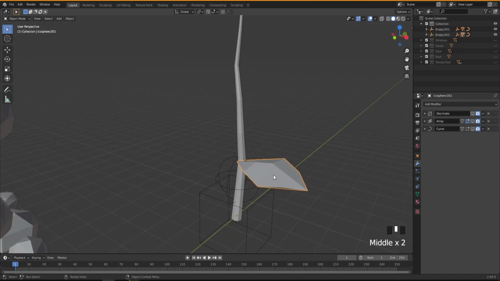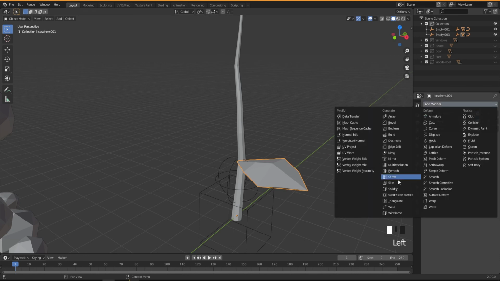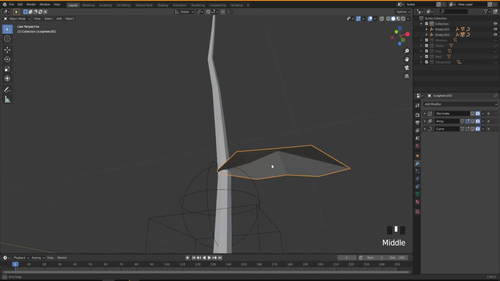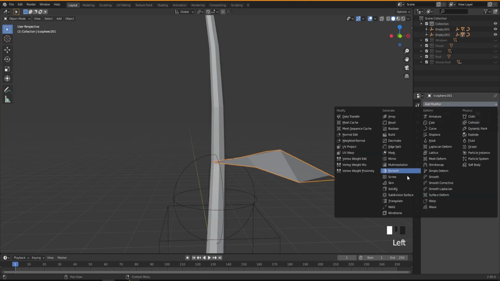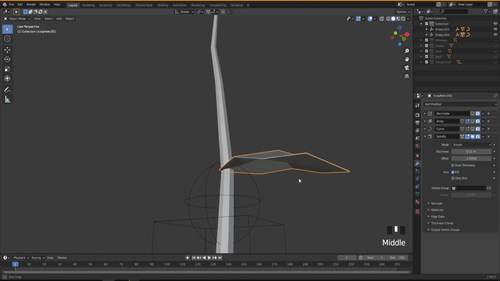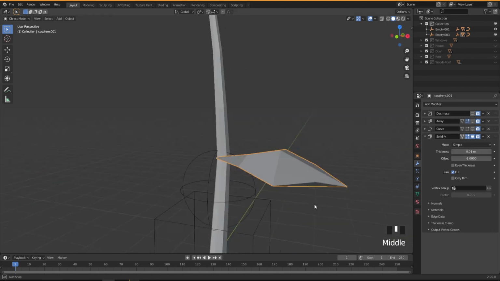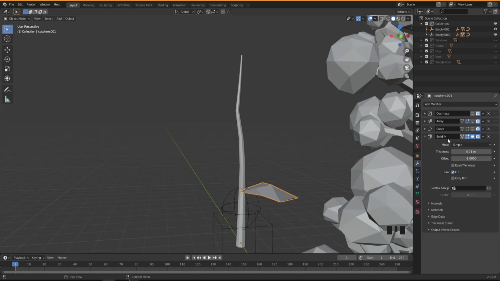But let me leave it like this, and I'm going to add a solidify modifier to this one, just to give it some thickness. So select modifier, solidify, and then we have a little bit of thickness, and you can change your thickness here if you want, but this should be fine. So now let me move solidify to the top,